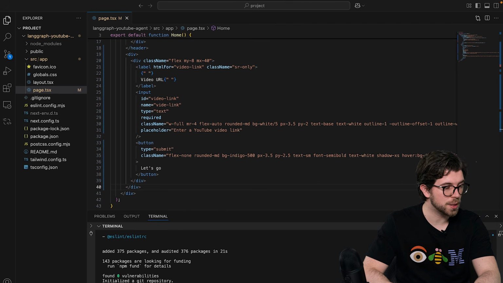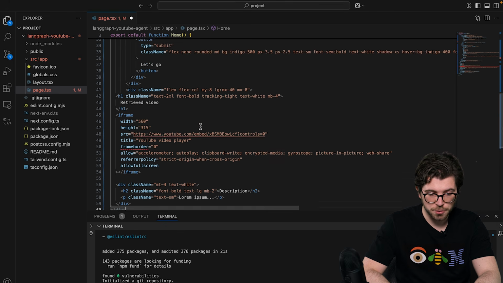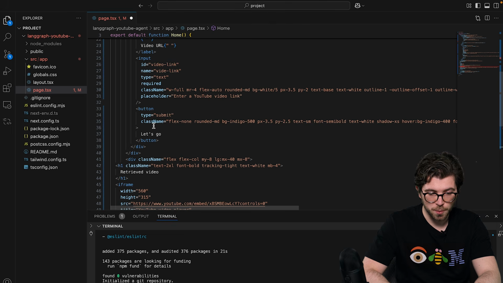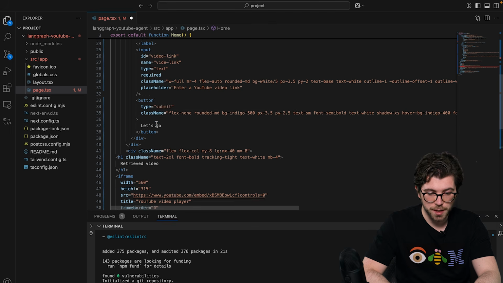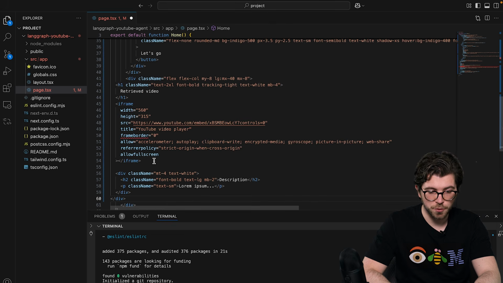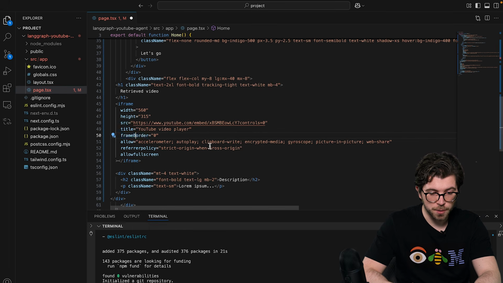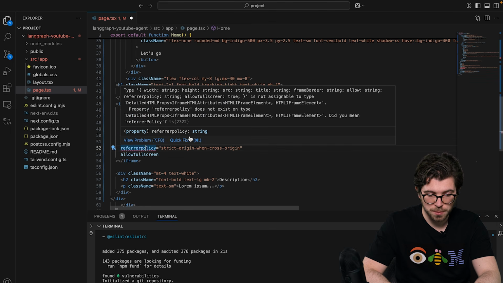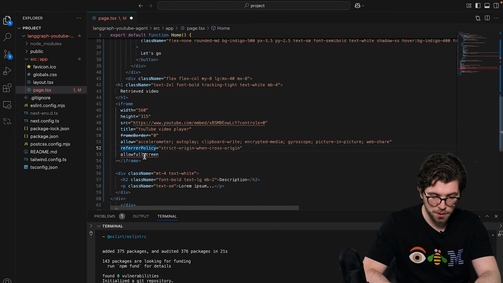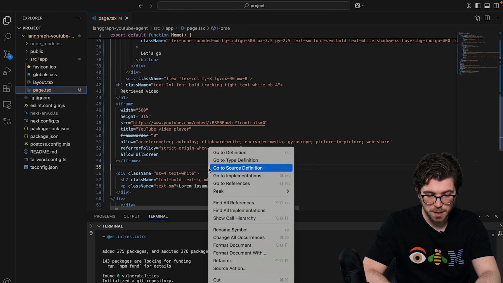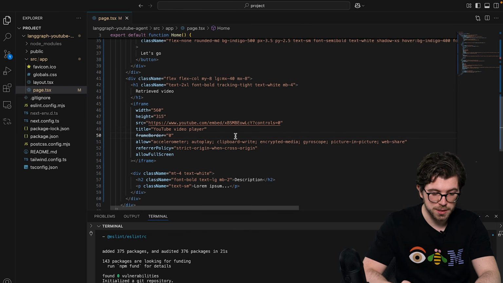So right below my input bar, I'm going to paste this final bit, which is going to show an input bar with a button to submit a video link, and then it's going to show an iframe for a YouTube video. I need to make sure that all these definitions have the correct format though, because React has different requirements than any other JavaScript application. So I need to make sure I update the referral policy, the frame border, and this allow full screen option. So let me format this file and then save it.